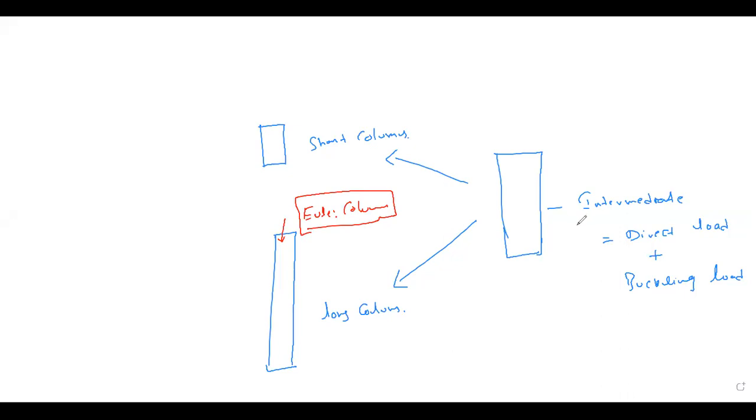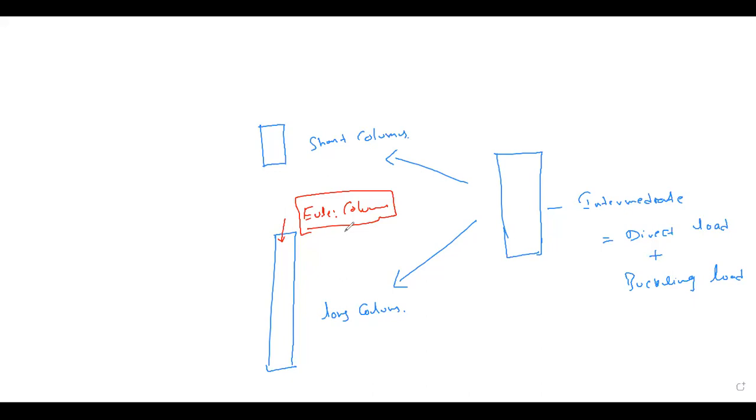Why? Because the Rankine formula will give a higher load compared with the Euler load, since it is a combination of direct load plus buckling load. Why should we go with a more conservative design when the column is a long column which tends to only buckle? No need to go for the Rankine formula; you can go only for the Euler formula. Sir, is there a chance to take the Rankine formula also? Yes, you can take it. The only thing is you have to decide whether your column is a long column or an intermediate column.